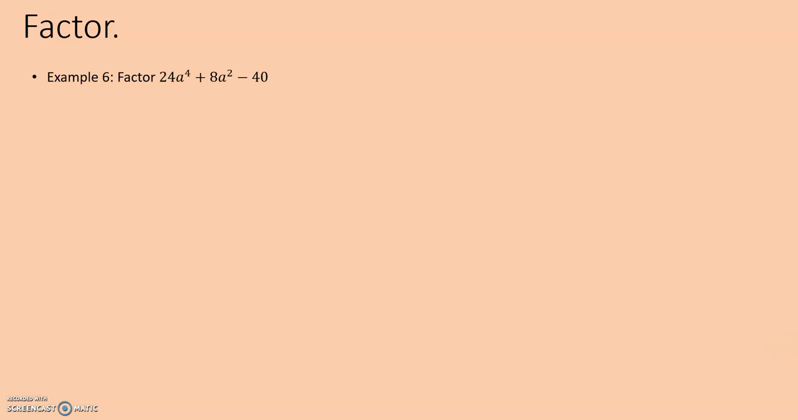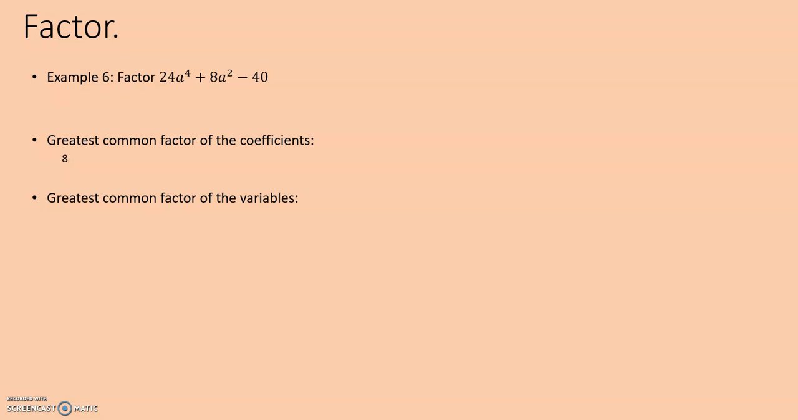Example 6, we're going to factor 24a to the fourth plus 8a squared minus 40. Greatest common factor of the coefficients is 8. Greatest common factor of the variables: there is no common factor of the variables. Rewrite as multiplication. 8 will be outside of parentheses, times 3a to the fourth plus a